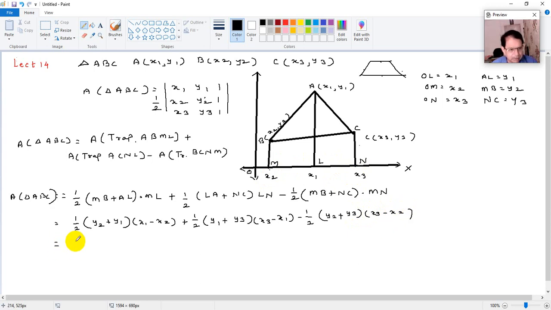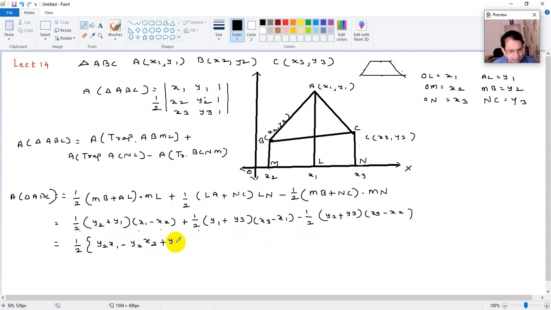So you can do that. So this is 1/2, I will take outside. मग महिरपी कंसामध्ये आपण हे सर्व लिहूया. इथे पण 1/2 आहे, इथे पण 1/2 आहे, इथे पण 1/2 आहे. So I can take it outside. What remains now? y2 plus y1 into x1 minus x2. So it is what? y2 x1 minus y2 x2